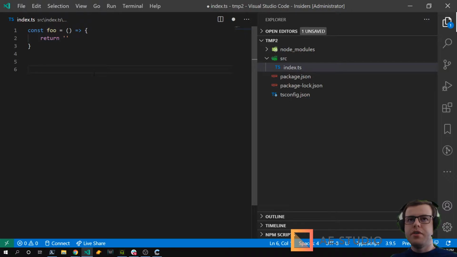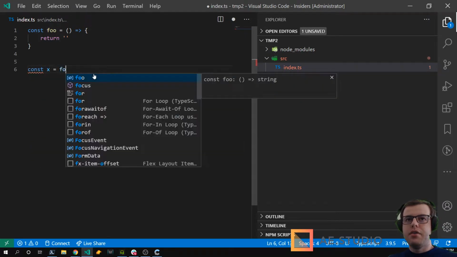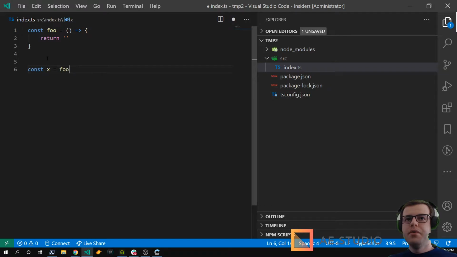But if you notice, I can assign foo to a variable, and now my variable is going to be of the type string, because TypeScript can infer types. So it knows that if this function returns a string, this variable can only be a string. But that's not something you need to know. I just wanted to show this.